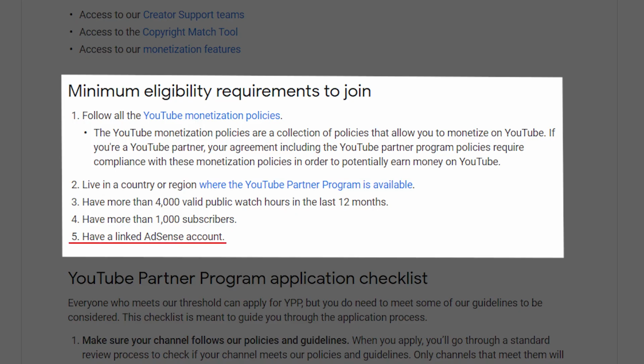Once you've met those requirements, you also need to have an AdSense account. And so for the AdSense account, you can either create it beforehand. The one thing it may ask for is a website. I don't know if you can use your YouTube channel URL. You can give it a try. If someone knows the answer to that, leave that down below in the comment section. Or if you have a website for your business or personal brand, you can use that and get your AdSense account created before you meet the other requirements. Once all those requirements are met, you can then apply for the YouTube Partner Program.